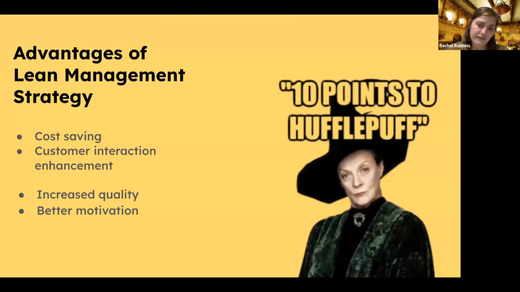The next advantage is increased quality. This goes hand in hand with having the customer in mind. Because the customer comes first, the quality of the product is better. With lean, the overarching goal is to decrease defects and increase the value of the products being sold. This should make any company want to implement this strategy because with increased quality comes better products, and better products typically lead to more customers.